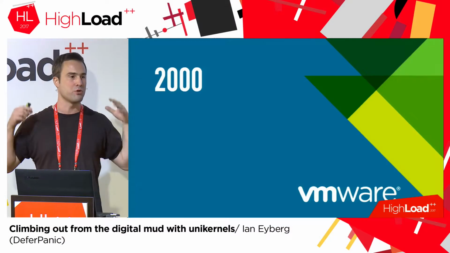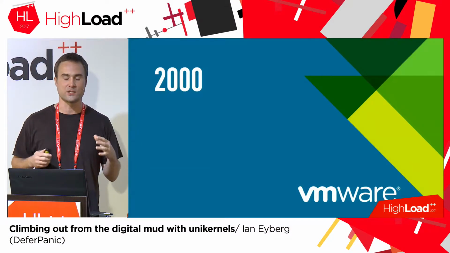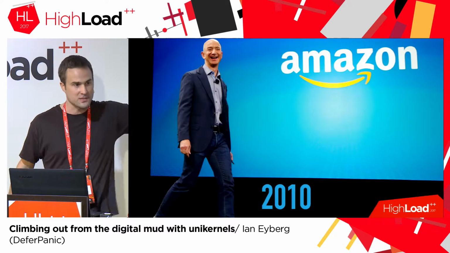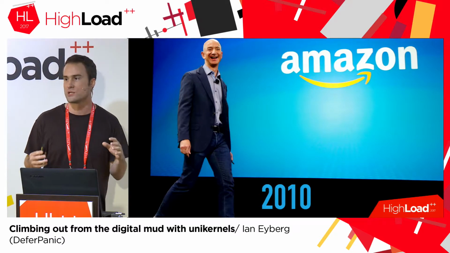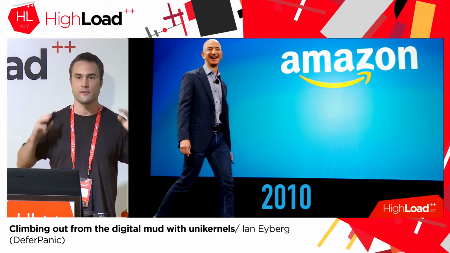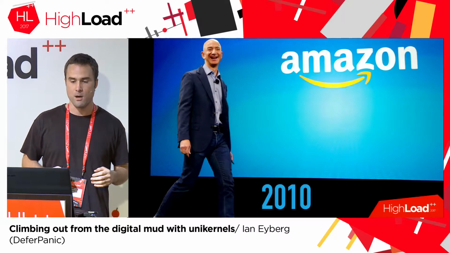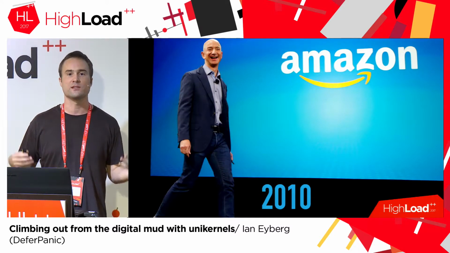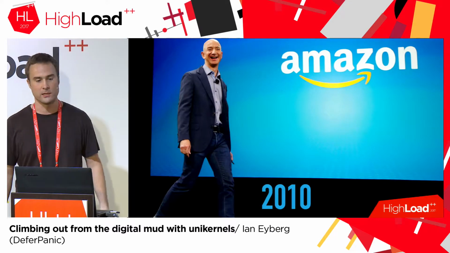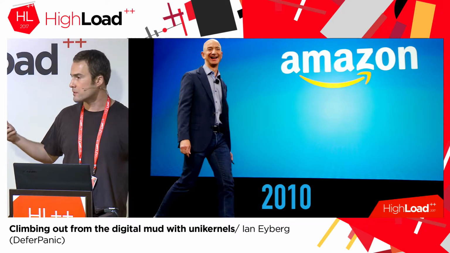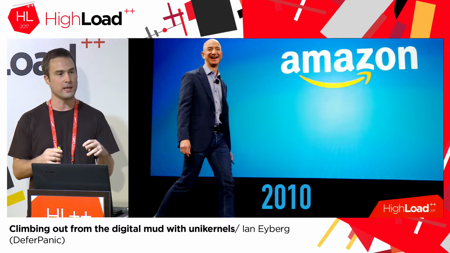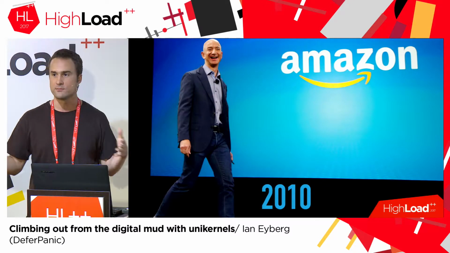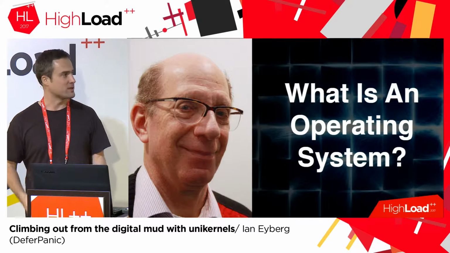So 2000s, we had companies like VMware and Citrix come out, and they really pushed virtualization everywhere. They did such a really good job that a few years later, this guy, Jeff Bezos of Amazon, created this thing called EC2, and this forever changed the way that software developers push code out to production. Now developers were not touching servers at all. They were clicking a button and spinning up hundreds or thousands of servers on demand. And so this was a dramatic shift because now we have the capability to do what I'm going to tell you in this talk. So let's get back to the basics.